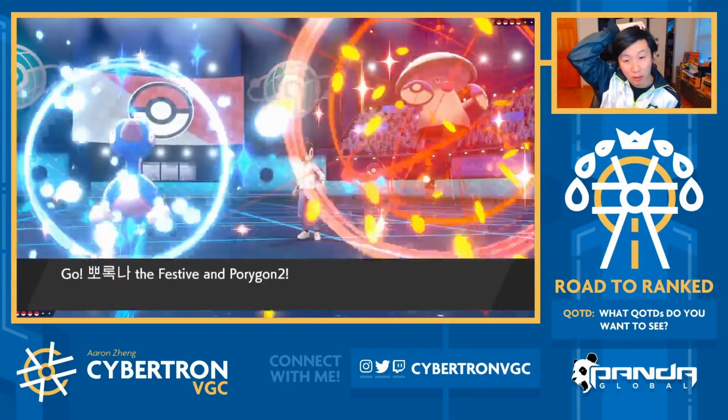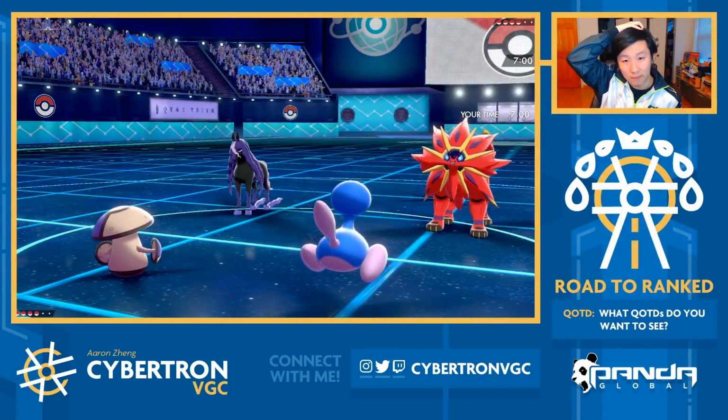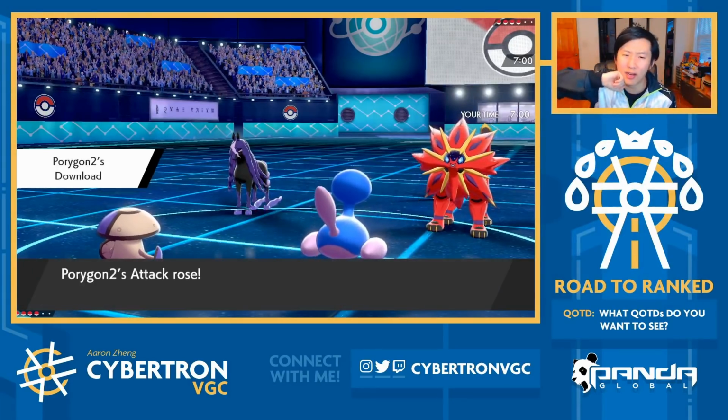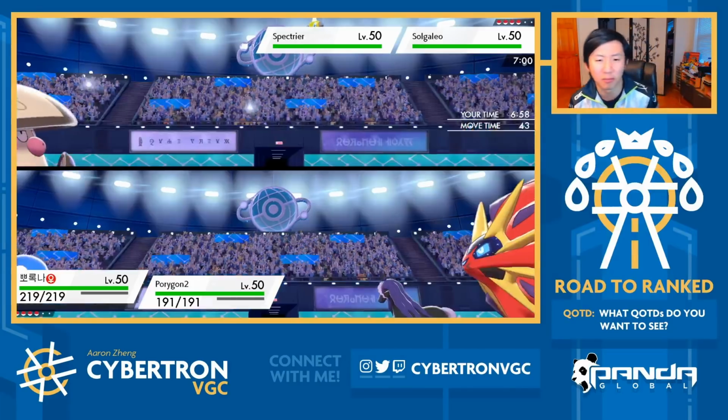So I'm thinking what we do here is we switch Amoonguss out into the Zamazenta. I have Foul Play, actually. I didn't think about that. Foul Play is a big deal on Porygon, isn't it? Because I can just Foul Play Solgaleo, but...